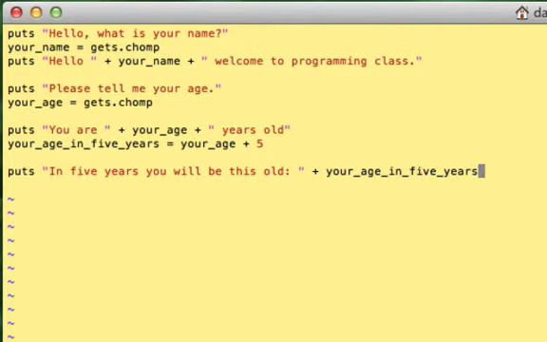It seems like overkill to type variable names like this. And in some senses it is in a program this simple. But the idea here, and what I'm trying to model, is that you don't ever want to use variables like x equals gets dot chomp. Well, we forgot the chomp, I think. Oh no, we did it. We got it up here. Okay, good. But anyway, you don't want to ever do something like that, like x equals or y equals,